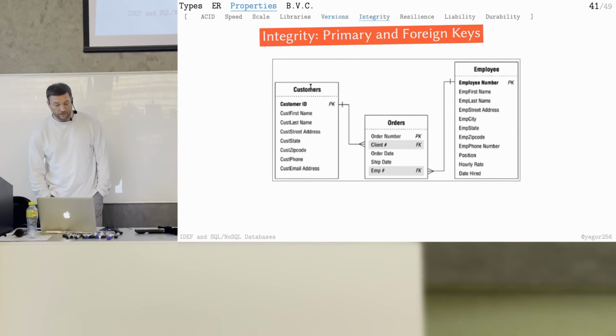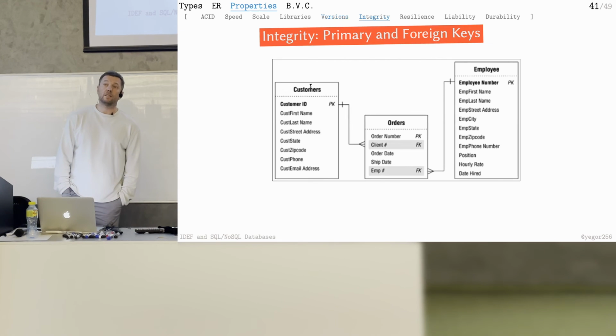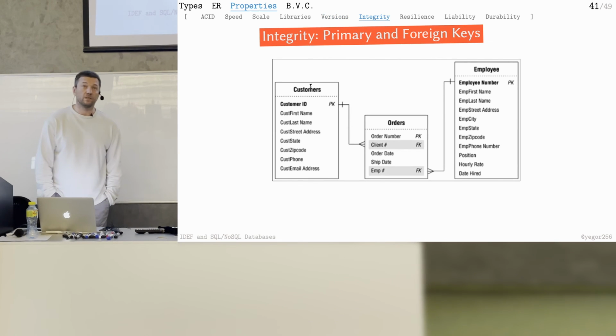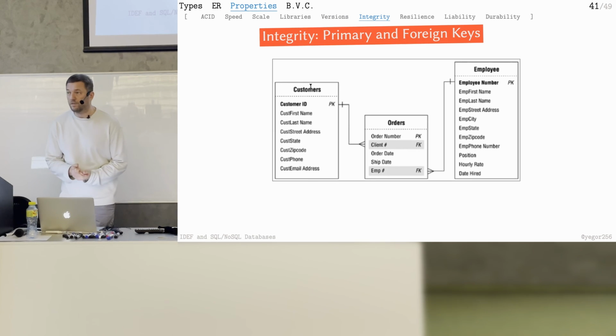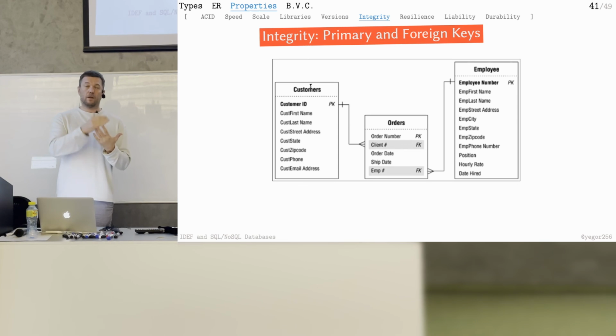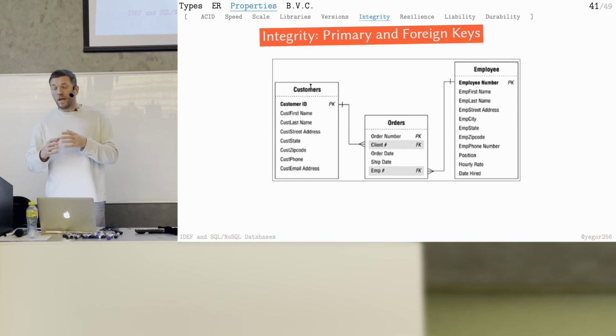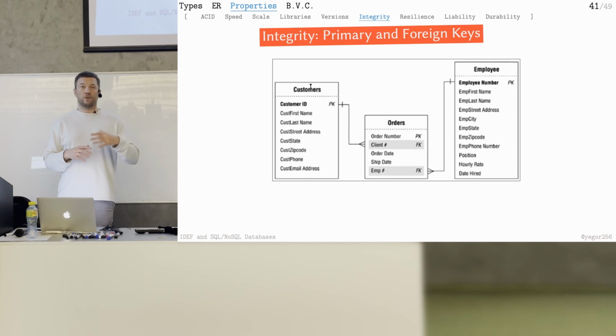Next one, integrity. Some databases support foreign keys. And primary key and foreign key is the best way to maintain integrity. You probably know what a foreign key is, right? In one table, for example, one table says this is the book, and the book belongs to the student. So in the book, there's an attribute which is named student ID. And the student ID should not be able to contain whatever. We cannot put 0 there, or we cannot put there a name of the user.